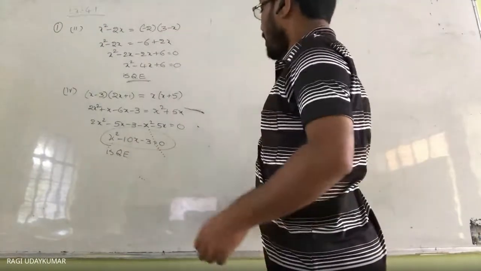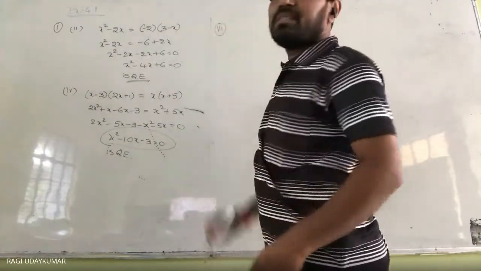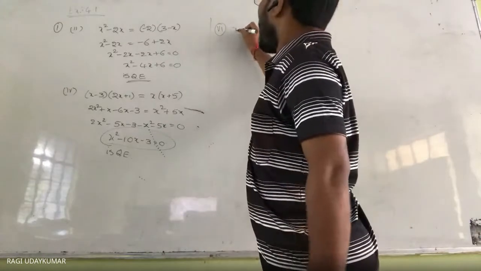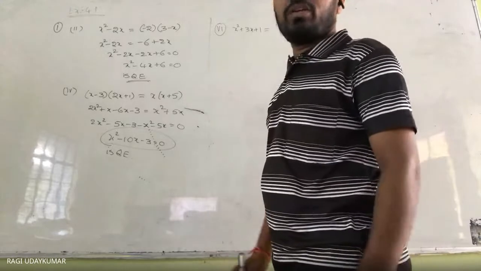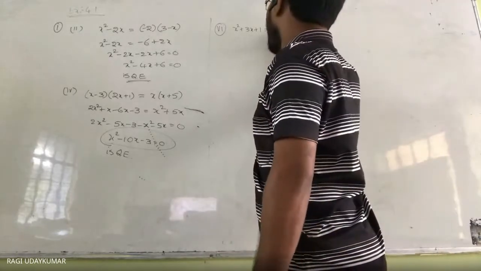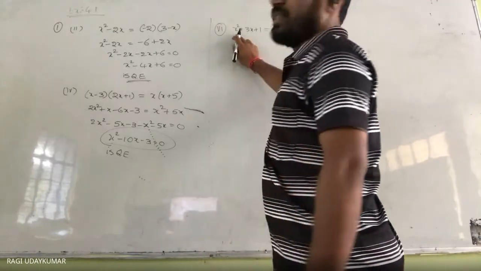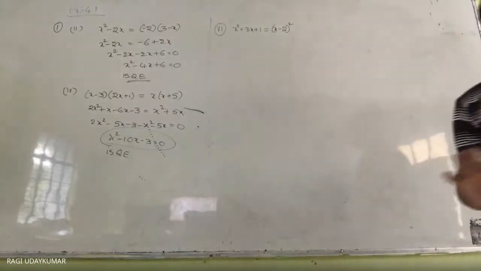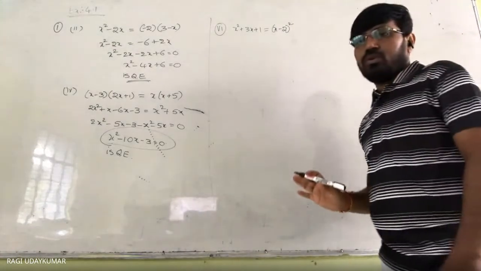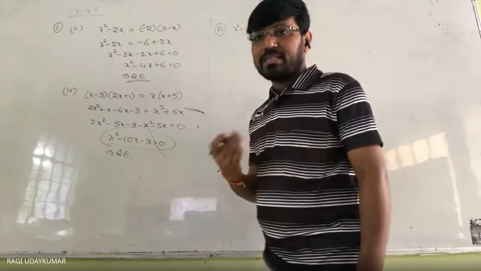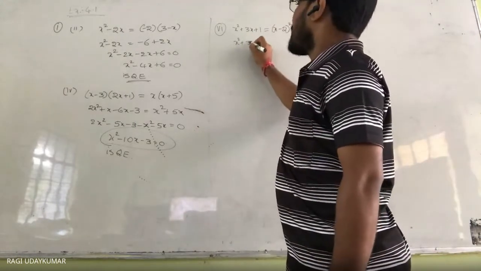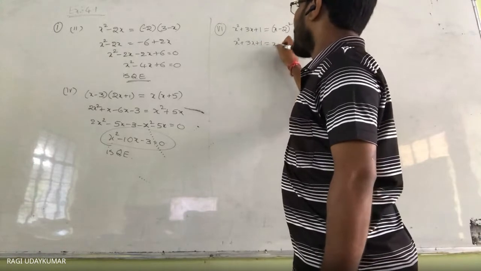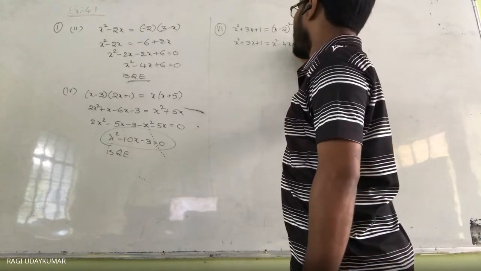And coming to problem number 6, see here, it is looking like a quadratic equation only. x minus 2 whole square is given. Yes, this is x square, therefore it is a quadratic equation. No, don't consider like that. If x square is there, it's a quadratic equation. So x square plus 3x plus 1, on simplifying x square minus 4x plus 4, we are going to get